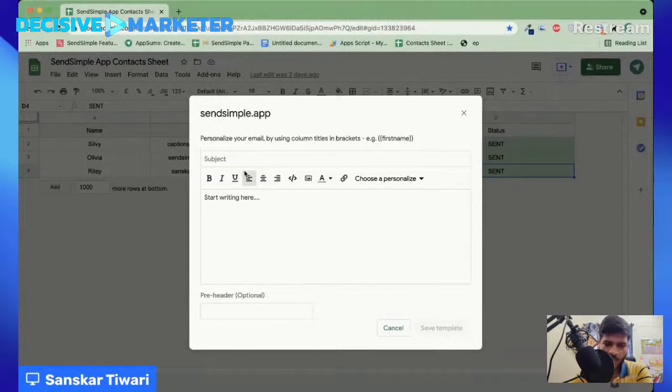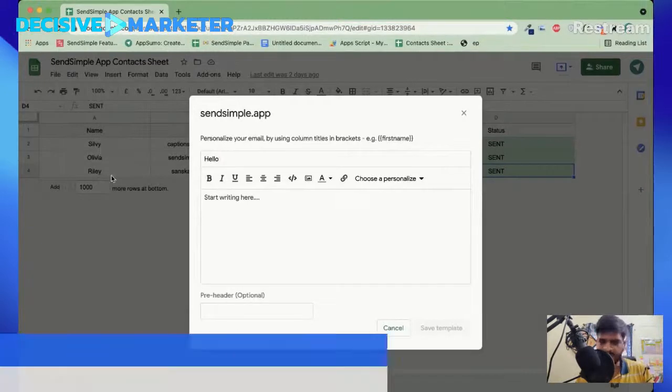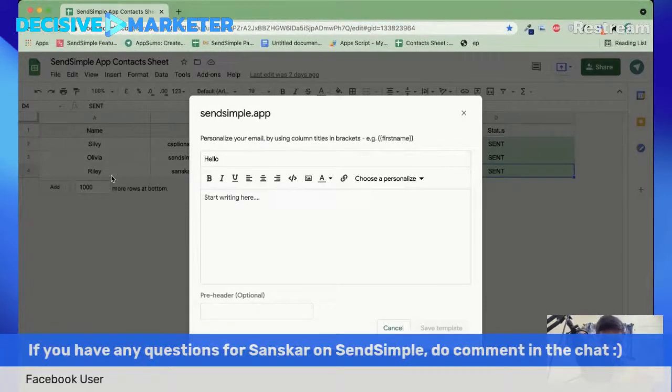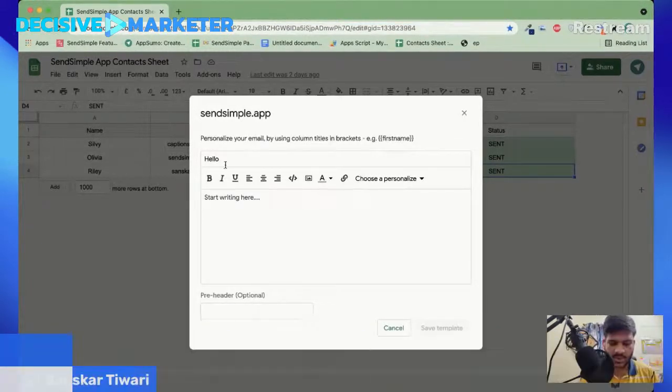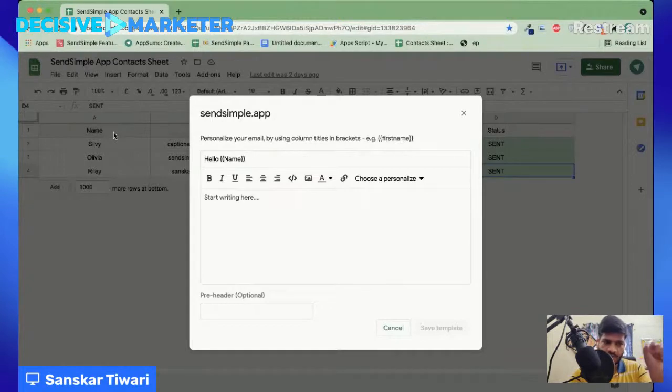So how do we create an email is basically you will come over here, click on subject, and enter any subject. So I'll say hello, and we can add personalized content over here. So in my Google Sheet, I think it's visible that we have this name column with these different names for each and every single row, right? So what we can do is we can just use these brackets and then type the header. So header is the first row, whatever the header you have.